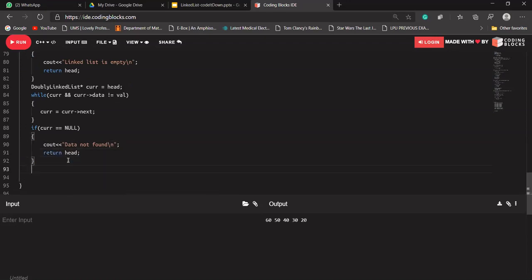Okay. If this code does not run, then we'll come here. Then we'll come to number 93. This means that current data is equal to value. Okay. Is that clear with everyone? It means current data is equal to value. So what it should do, suppose,